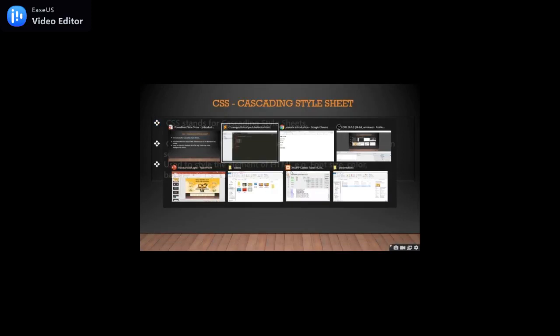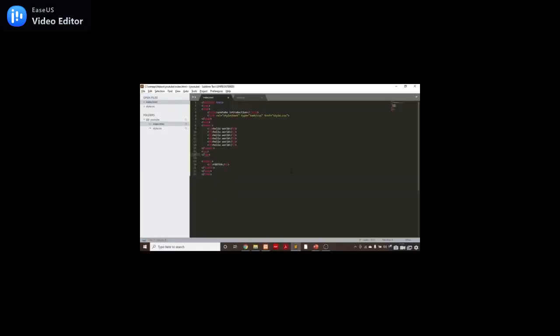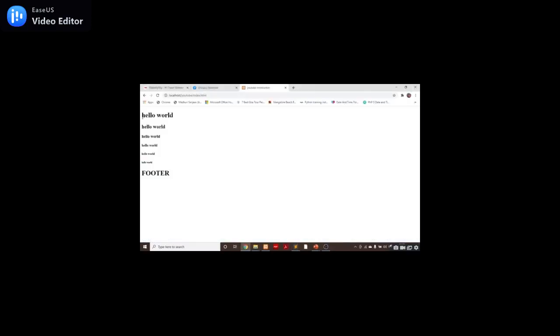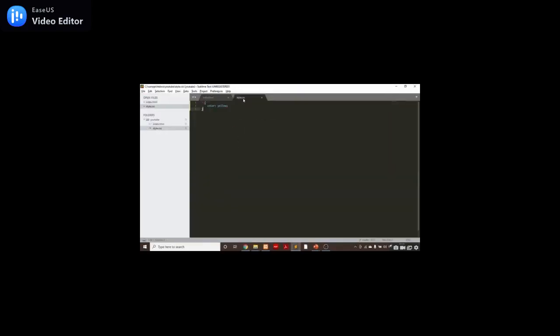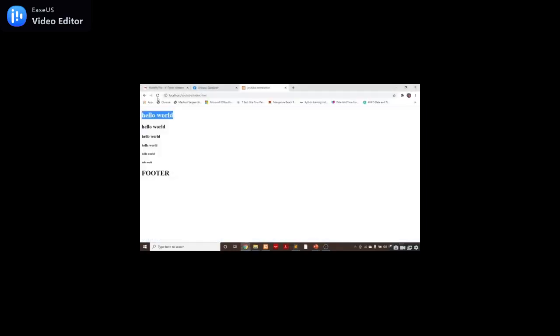Here the definition is saying that if I want to change the color of the H1 tag to yellow, then I apply CSS to this web page, or say I apply some color to this text. Now you can see it is in black color. I want to change the color of this H1 tag, so I am going to change this color.